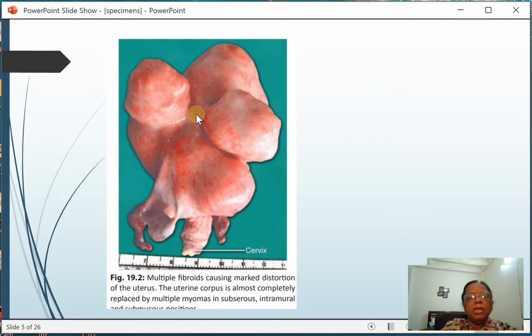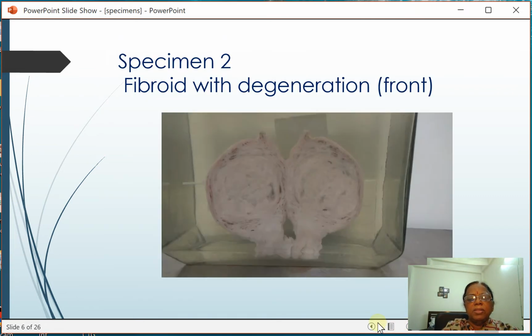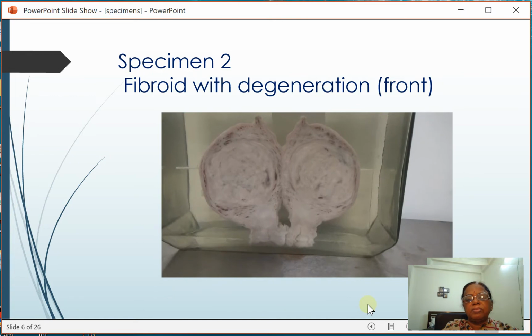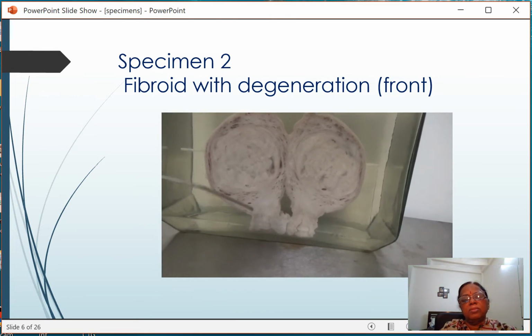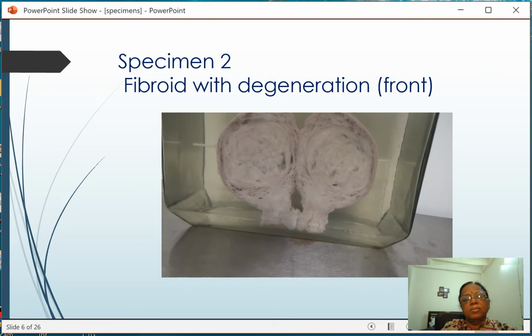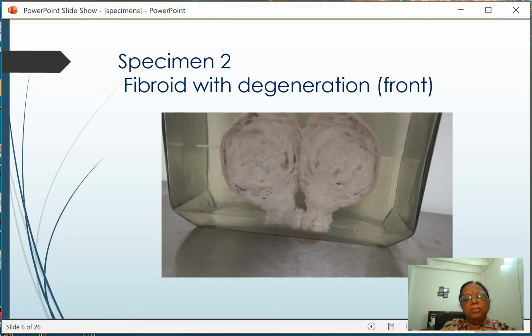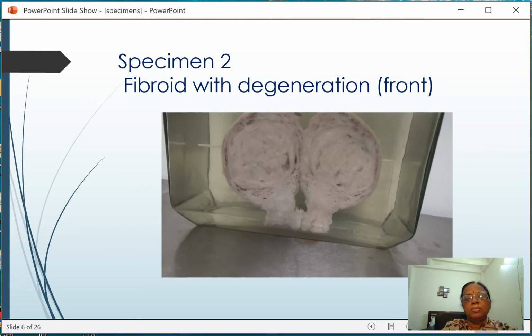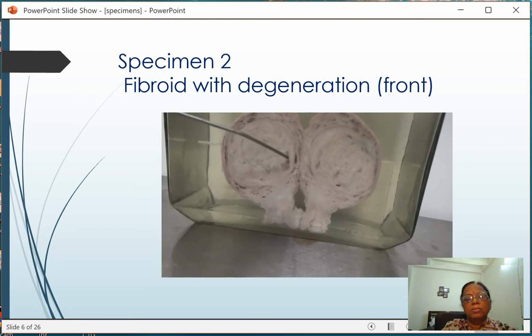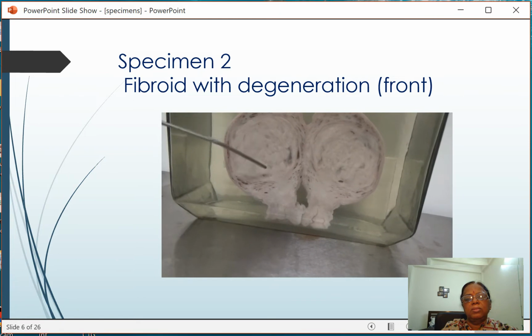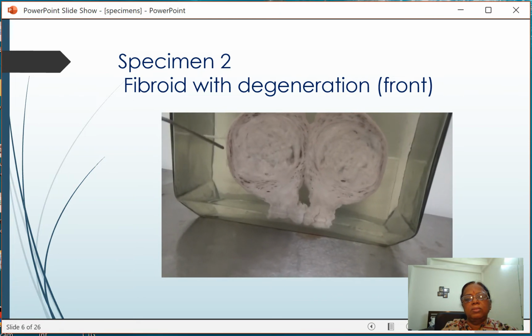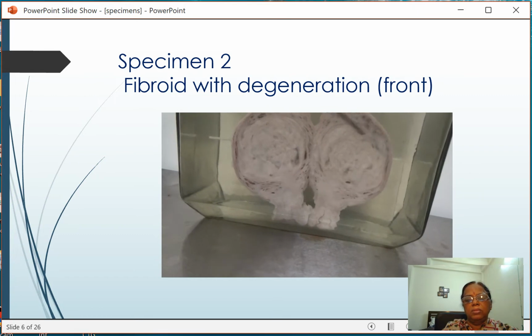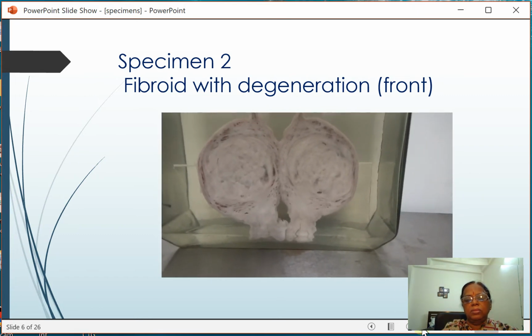This is a specimen showing that the uterus is completely distorted. So, our specimens are near about this, in which all the types of fibroids are present. Then this is a specimen of uterus, cervix, which is cut open, and it is showing a big intramural fibroid, and with the walled appearance you can also see that there are some cystic areas and there is high degeneration which is setting in. These are the compressed normal wall of the cervix of the uterus.